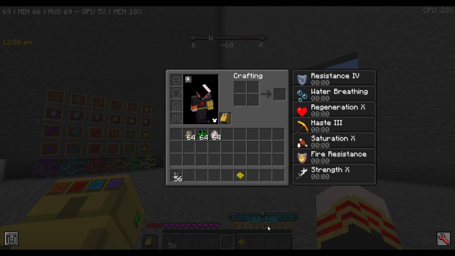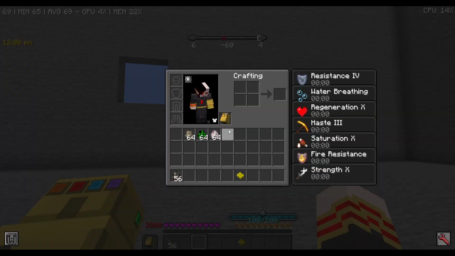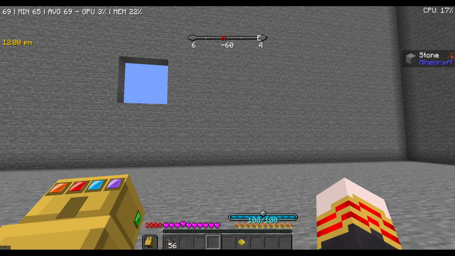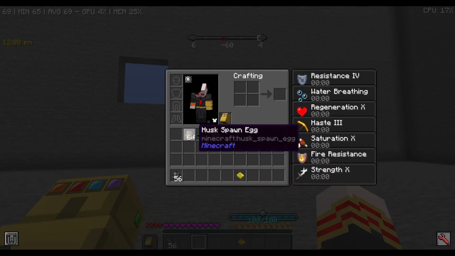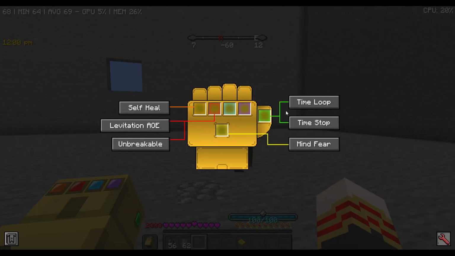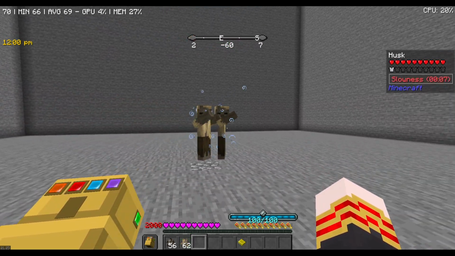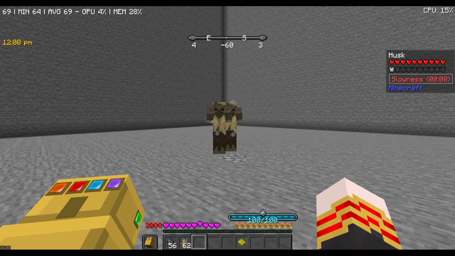So, the Time Stone gives you Saturation 10 and Haste 3. I believe it also makes you immune to, I think, slowness? Unless the Soul Stone does that. I forget which does. But now that I have the Time Stone, I have these two abilities. Time Loop simply sets your spawn point to where you're standing. And Time Stop, if I get a couple of husks, so you can see they're coming at me. If I Time Stop, they now have, I think, Slowness 200. Doesn't say in Jade, but...